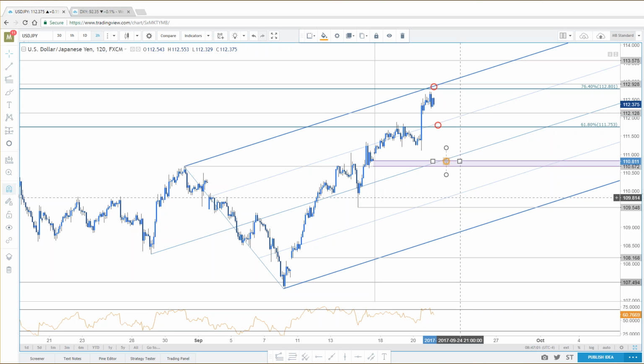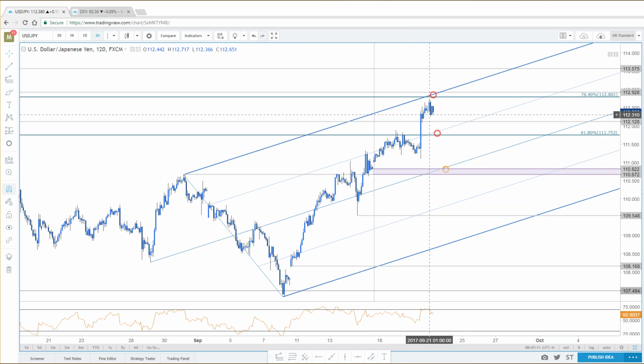And keep in mind, that would also be an inherent break of the monthly opening range highs. So again, that would kind of reverse the signal that we got with last week's close. Long story short, look for probably a probe higher here. Again, if you're holding long exposure, this is where I look to take some of that trade off. Stay constructive above 111.75.